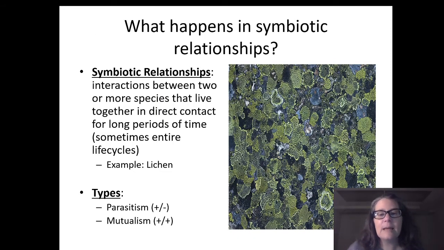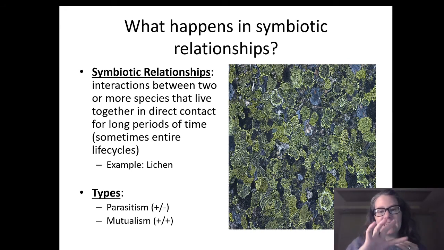The last important relationship I want to mention is a symbiotic relationship. This is an interaction between two or more species that live in close contact for long periods of time, sometimes their entire life cycles. I show a picture of a lichen here on some rocks. I don't know if you know what a lichen is, but a lichen is a combination of a couple of different things. It's some kind of photosynthesizer, something that can capture sunlight and make sugars, like an algae or a cyanobacteria,